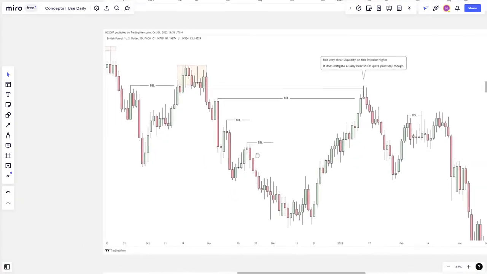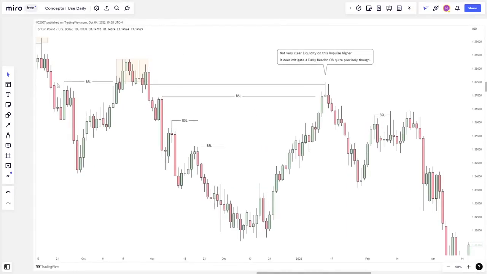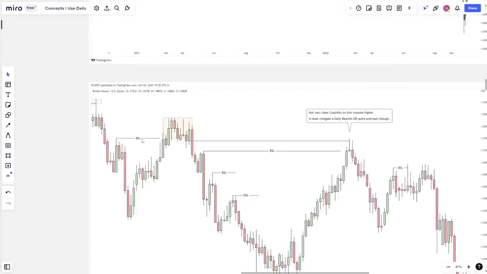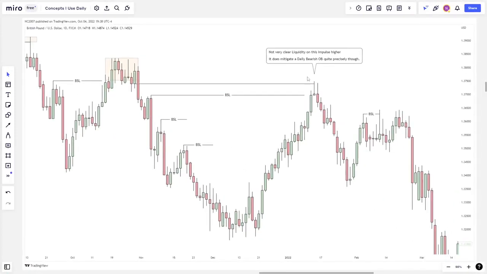Let's look into still the daily chart, more examples. Run of buy side liquidity. This is actually the last example that we see here. As an example, this move higher has not very clear liquidity on this impulse, right? It does mitigate a daily very short block, which is an extra confluence in my opinion, but